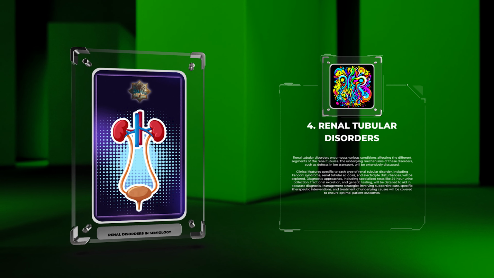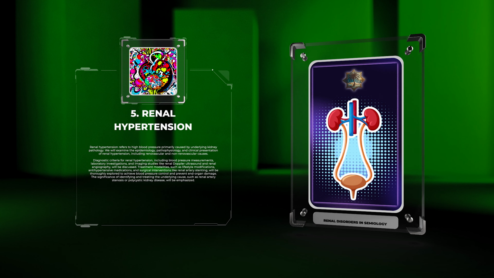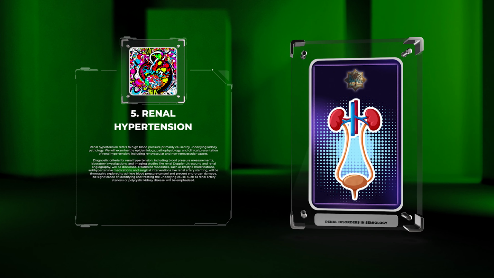Renal hypertension refers to high blood pressure primarily caused by underlying kidney pathology. We will examine the epidemiology, pathophysiology, and clinical presentation of renal hypertension, including renovascular and non-renovascular causes. Diagnostic criteria for renal hypertension, including blood pressure measurements, laboratory investigations, and imaging studies like renal Doppler ultrasound and renal